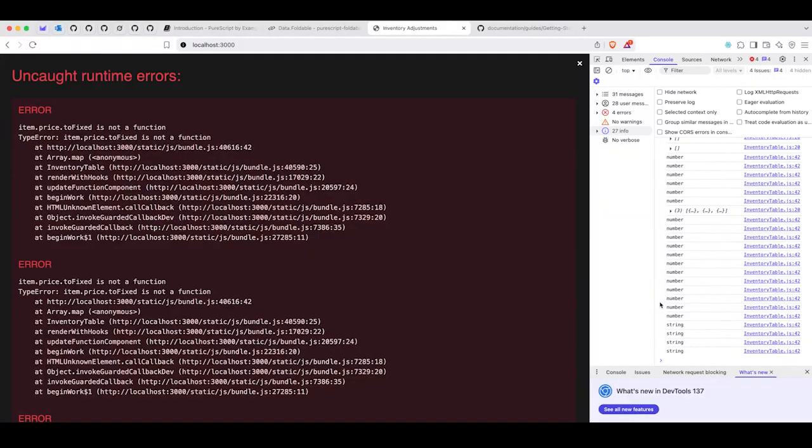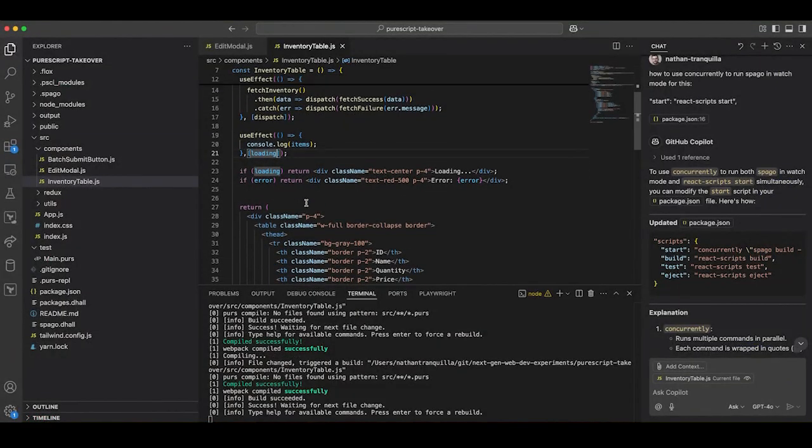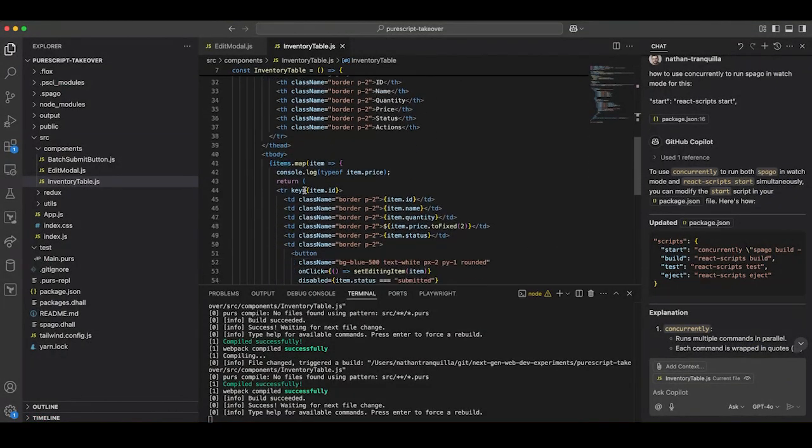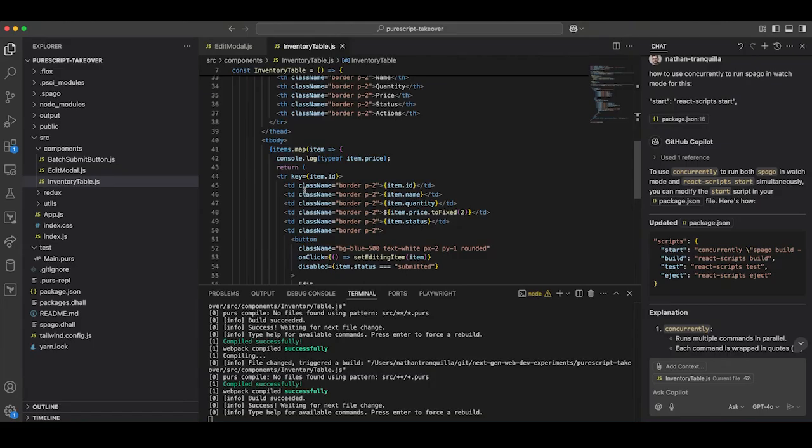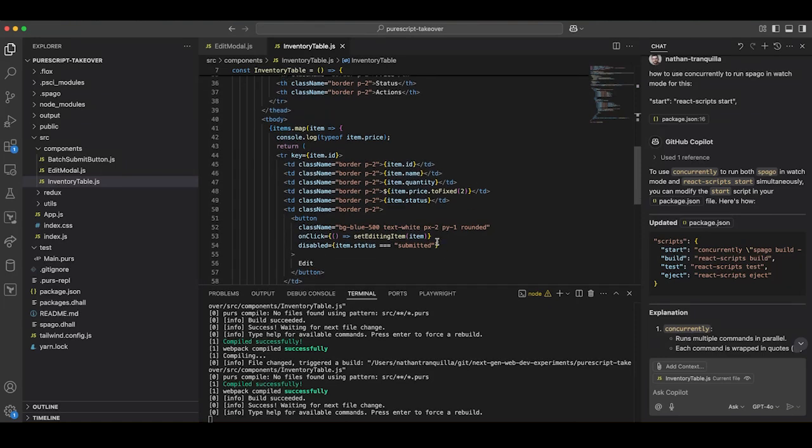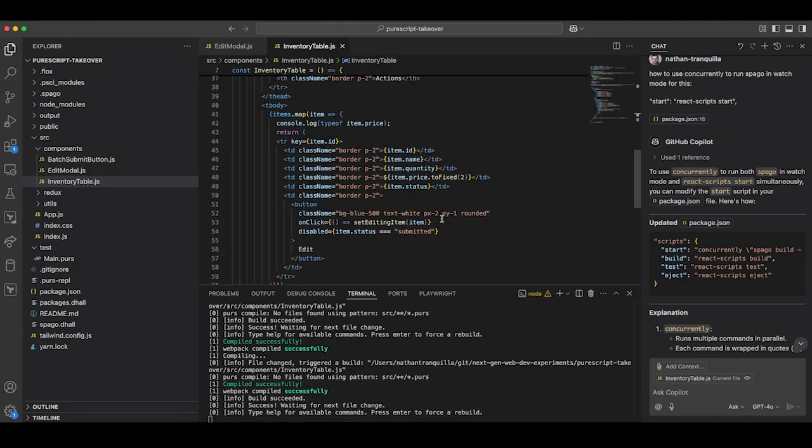That's because JavaScript is a dynamic language. It might be solved with TypeScript, but in our case, we're going to actually solve it with PureScript. So let's make a function that will handle this correctly. All right, so